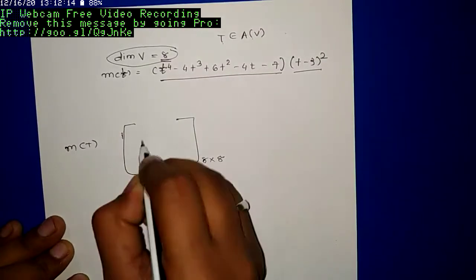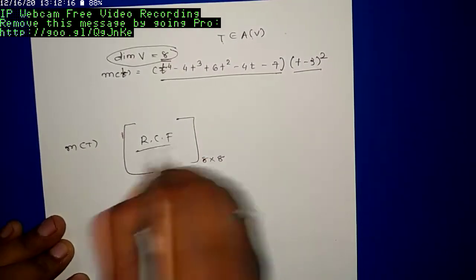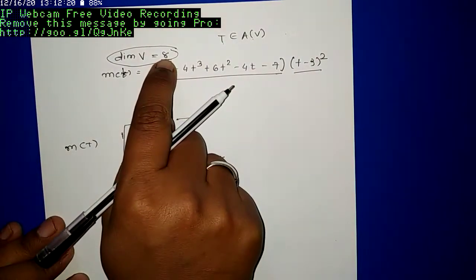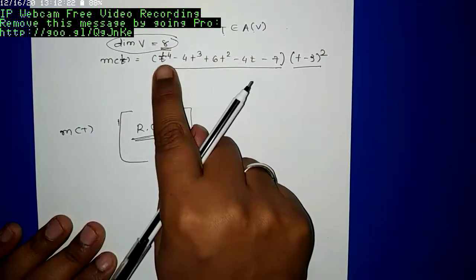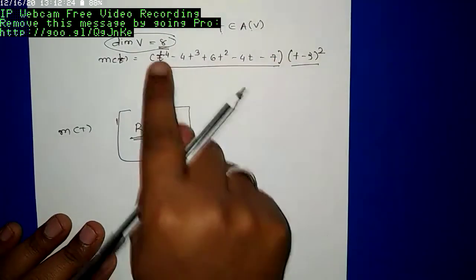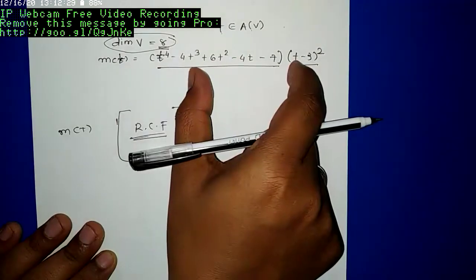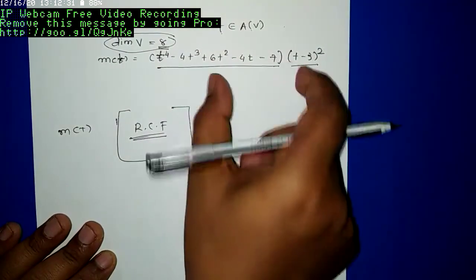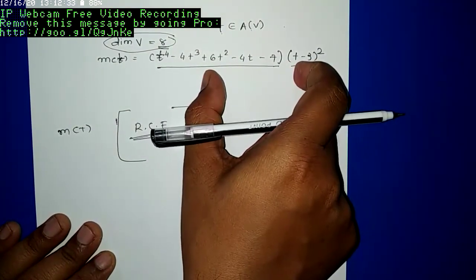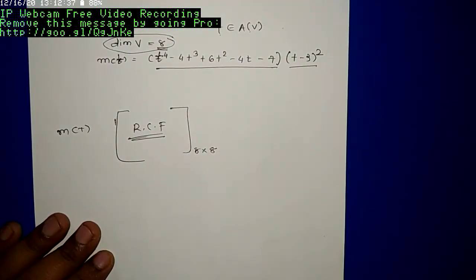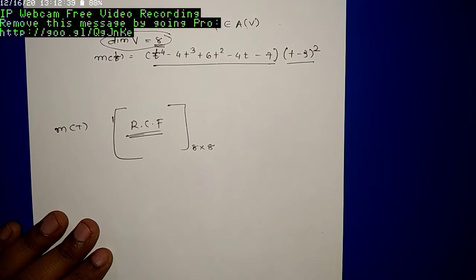So your RCF size must be 8 cross 8, because the dimension of the vector space is 8. Your minimal polynomial has a degree 4 factor and another factor of degree 2. Combining these two, we get a degree 6 polynomial, and from this we only generate a 6 cross 6 matrix. So we want to